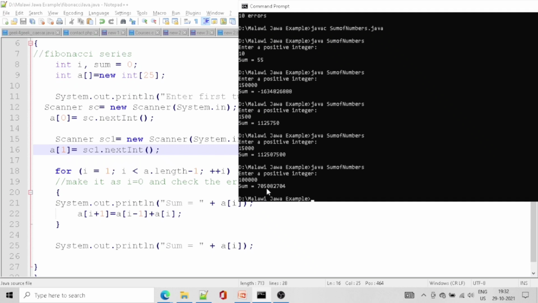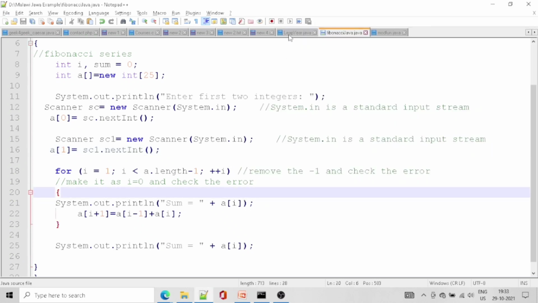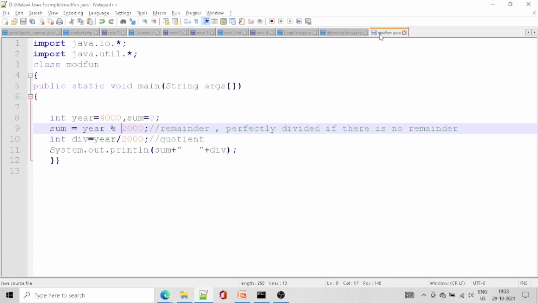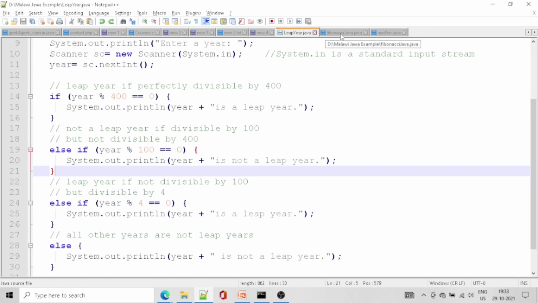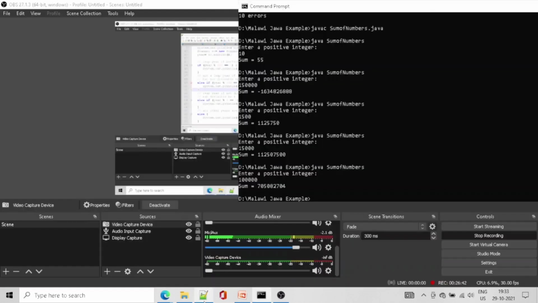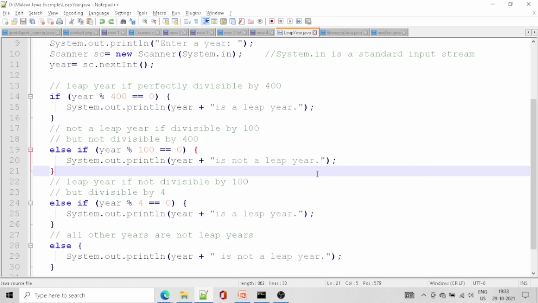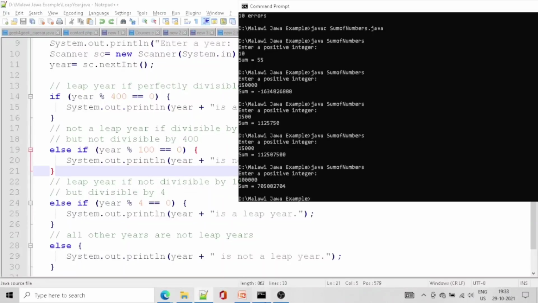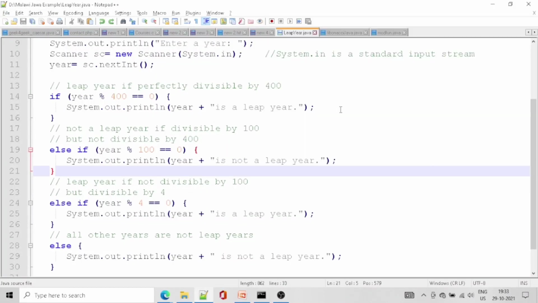So after that, it shows a negative number. The next one is, wait a minute, sum of numbers. I think we closed it.